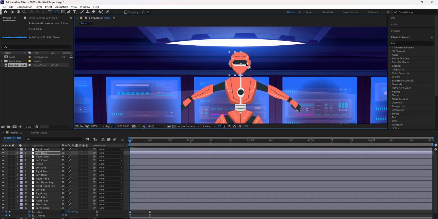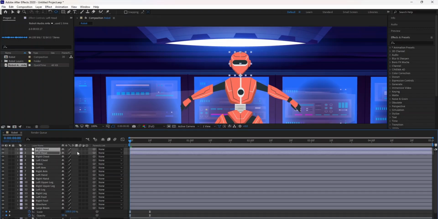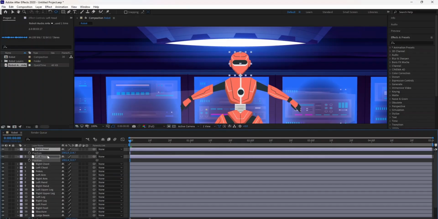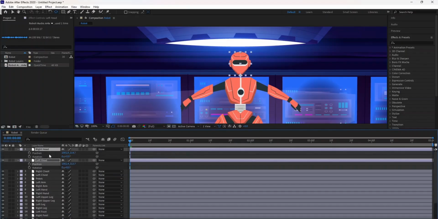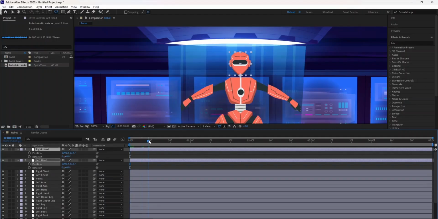So what I'm going to do is that I'm going to be using both position and rotation. So I click on both the right head and the left head, and I tap on P. After I tap on P, I'll tap on shift and R, that is rotation, because I'm going to be using the position and the rotation in this place. So what will I do? I come at this 10 frame,